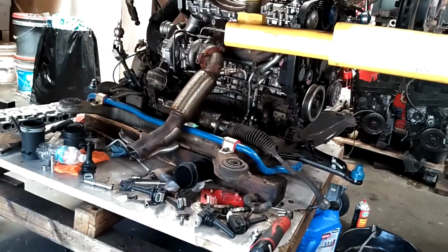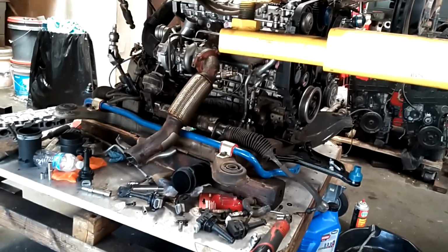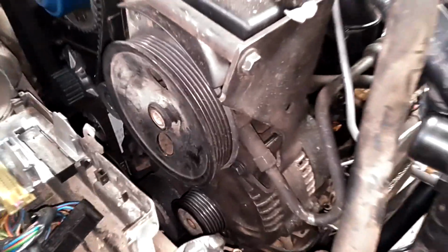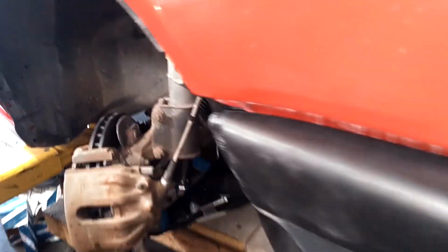Lowering the car down over the subframe. Gotta get it all the way down on there, make sure it's clear while it's coming down. Got it all cracked up and started. Just need to hook up the suspension parts. The bolts are started. They're probably 5 or 6 threads in, which is fine. I'm gonna get these